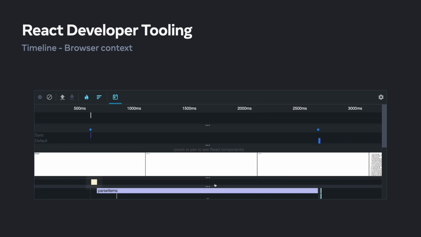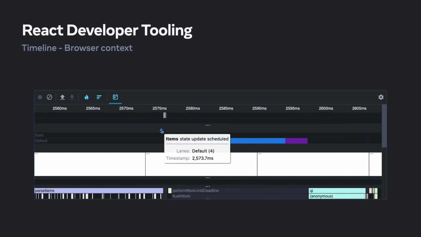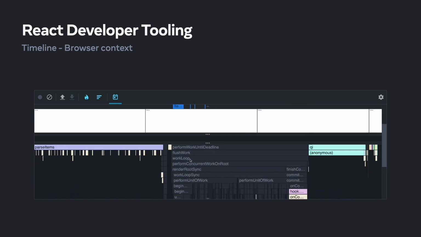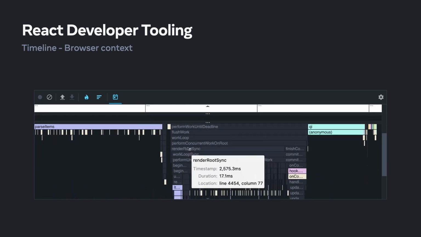Zooming in on the network strip, we can see that we spent some time waiting for a network request, but only a small amount. Looking at the flame chart portion, we can see that here's where the bulk of our time was spent, about 2 seconds worth, in a function named parseItems. Once that function finishes, an update's scheduled with React and our app renders again. As a side note, the timeline de-emphasizes frames that belong to React internals in the flame graph so that your application code stands out.